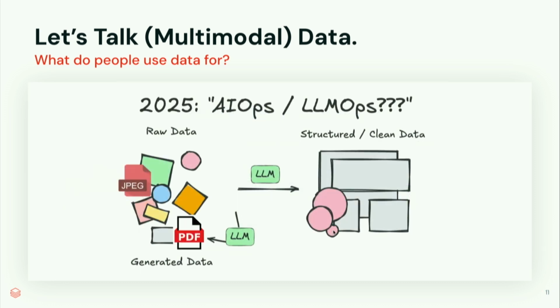And most recently, we now have LLMs, right? And specifically multimodal LLMs. What that means is that there's no training involved anymore. You just kind of plug and play. Well, I'll show a demo later of how crazy this actually is when you apply it on your own data. But you just take an LLM, and now you can apply that on data, whether it's structured or unstructured or multimodal. And you can produce these structured and clean data sets, which themselves may contain some form of unstructured data, like full text, right, generated text. For downstream use cases, you can run this for analytics, you can train your own models, all that.